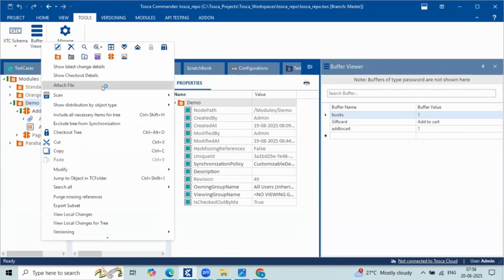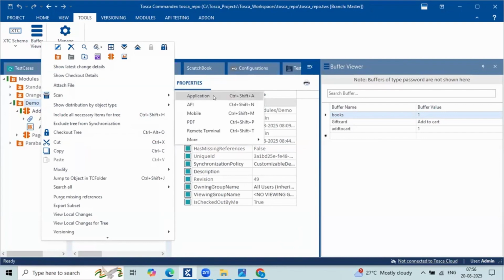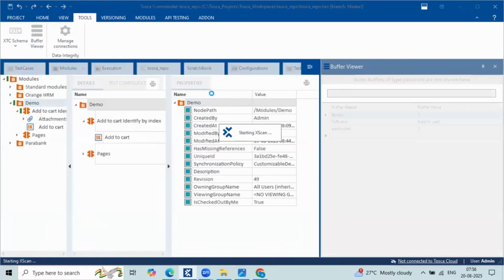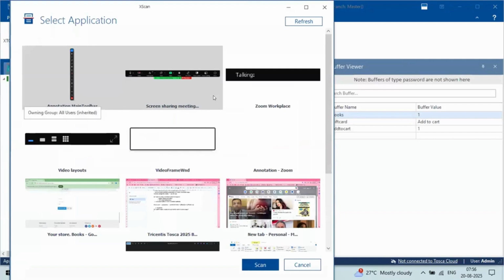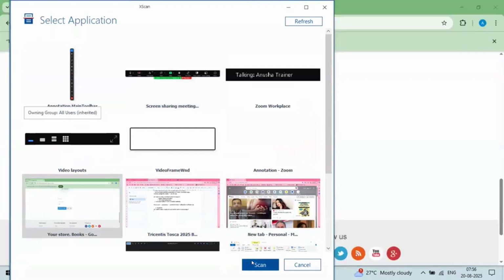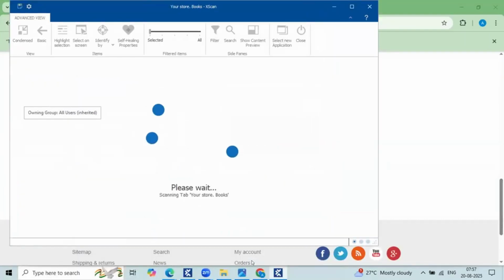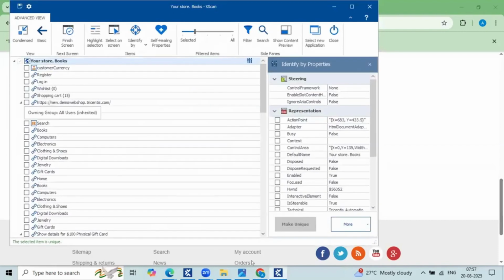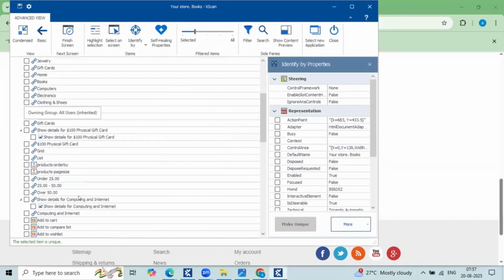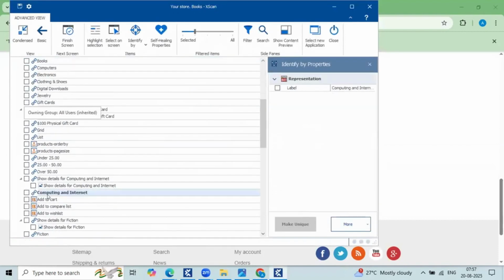After that, right click here, scan the module, application. Select this window and then click on scan. Here I want add to cart, so I just selected add to cart.